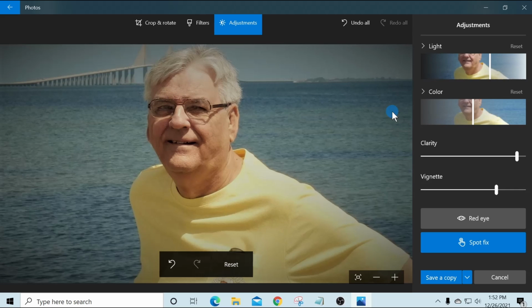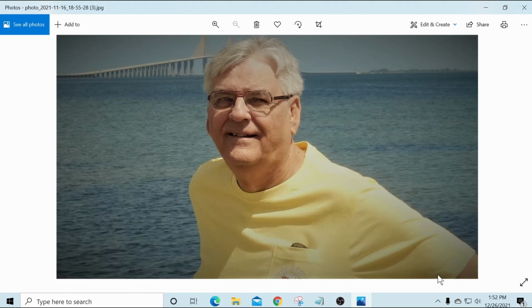Now that looks a lot better. And then once you do all that, you can go down here to save a copy. And it's going to save a copy alongside the original. So if we go back here,